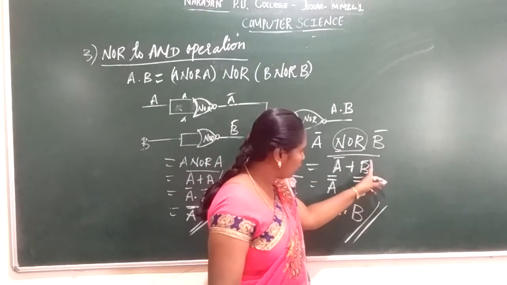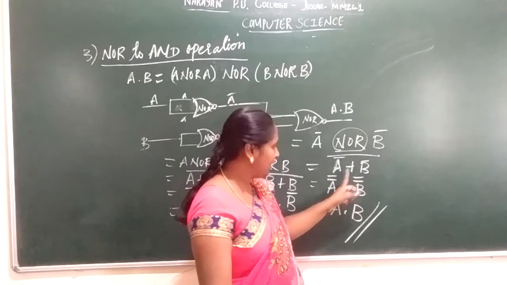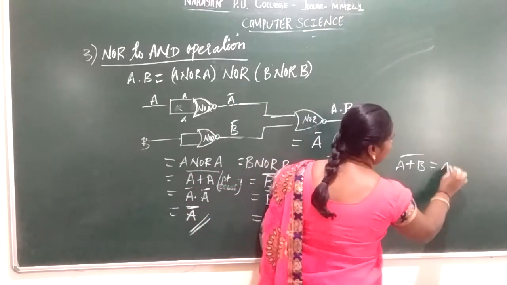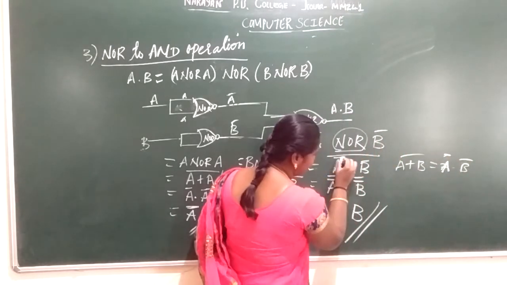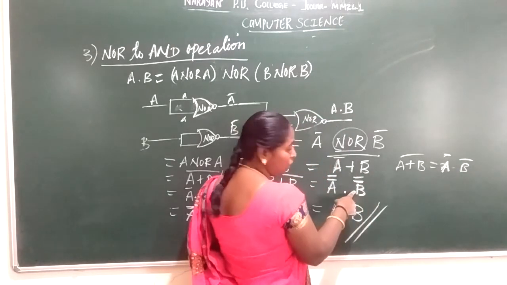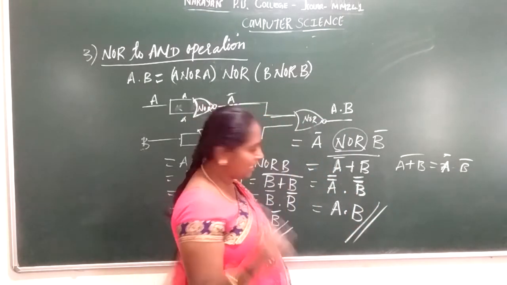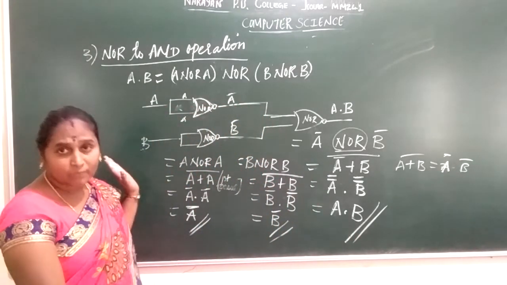Now to apply the NOR gate, for NOR you have the whole bar. This is De Morgan's first theorem. That is nothing but (A plus B) the whole bar is equal to A bar into B bar. Already it has a bar, so it will become A double bar, B double bar. By the double involution law, when complemented twice the result is the same. So A into B. So this is being solved using your NOR operation.